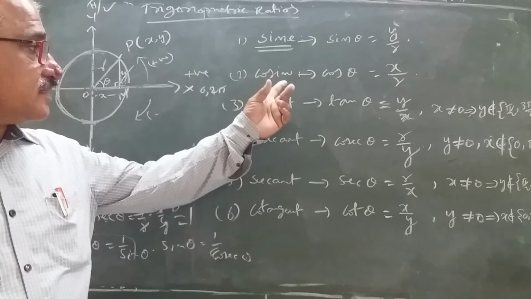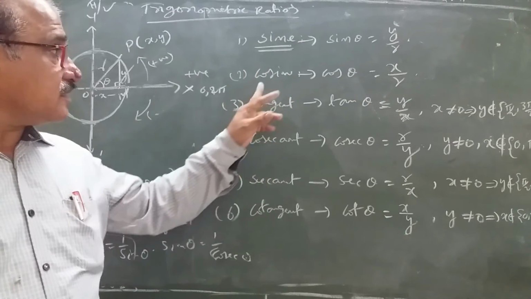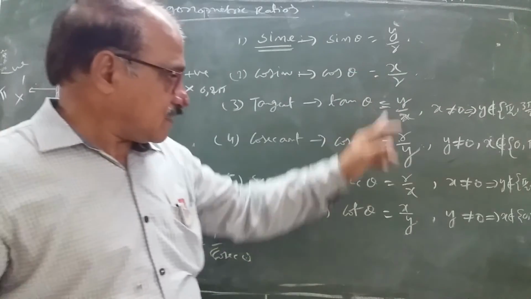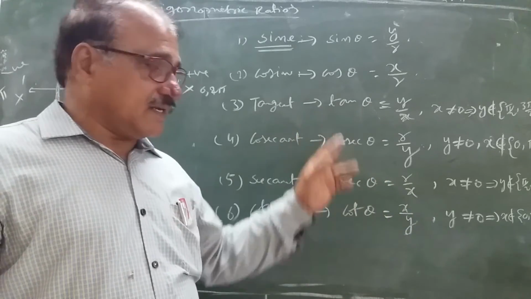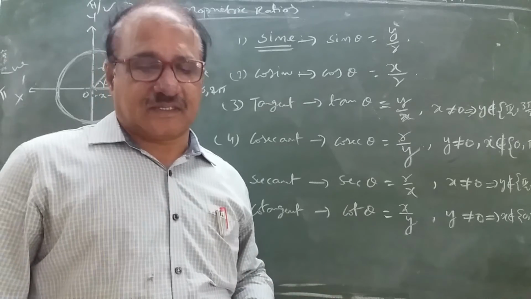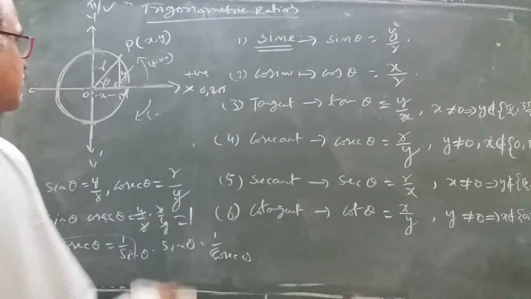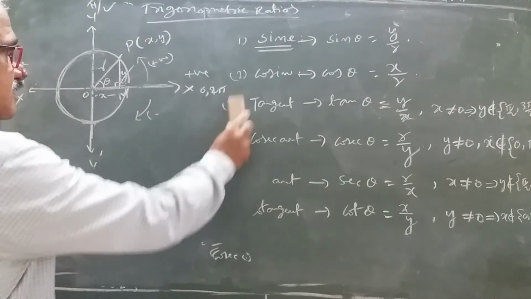Similarly, secant and cos are reciprocals, x by r and r by x. These two are reciprocals. Similarly, tangent and cotangent are also reciprocals. You have to remember that also. By using these,